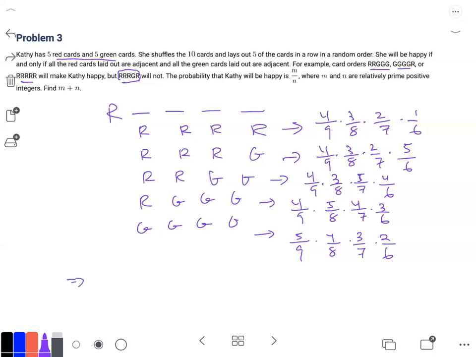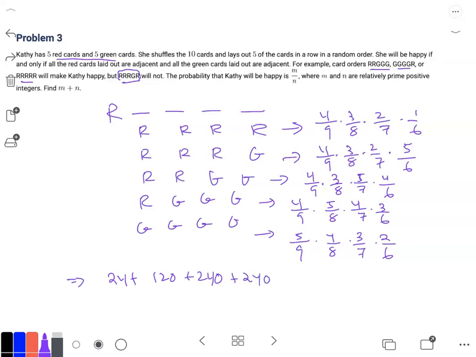Okay, so now let's just compute. Everything has the same denominator, 9 times 8 times 7 times 6. So let's just compute the numerators. 4 times 3 times 2, that's 24. This is 4 times 3 times 2 times 5, which is 120. 4 times 3 times 5 times 4 is what, like 240? Yeah, 240. Next one, 4 times 5 times 4 times 3, that's just this in a different order, so that'll